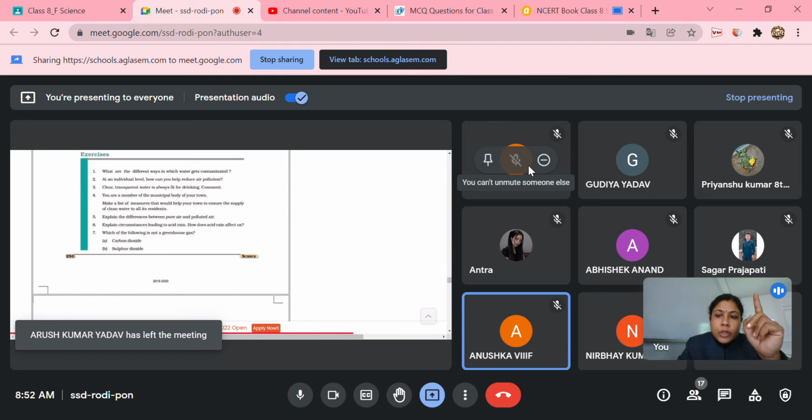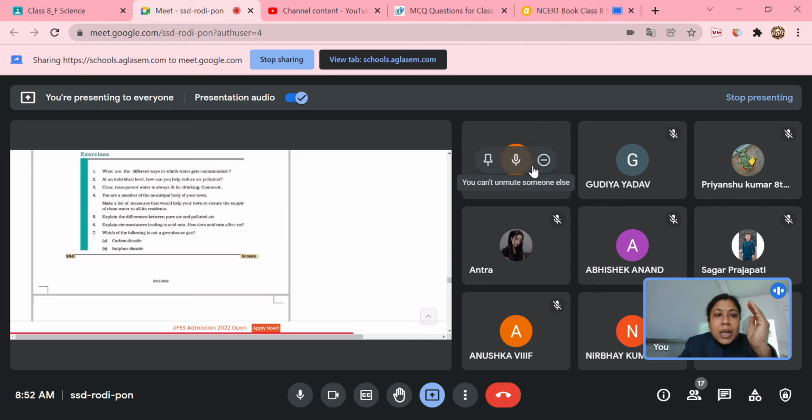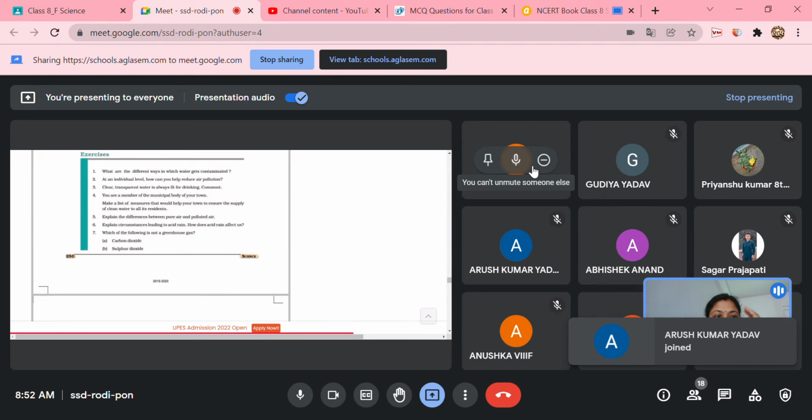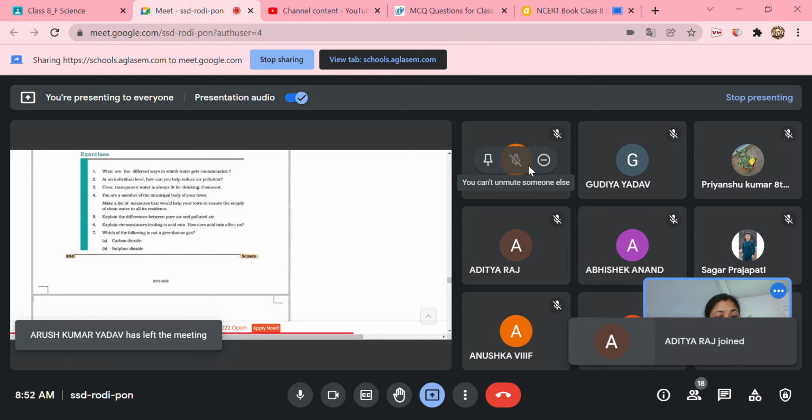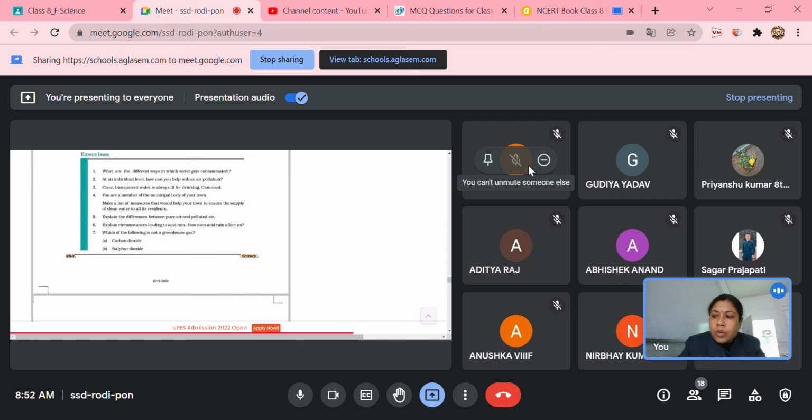One more point you should add: even if we are able to see it as transparent, it may be contaminated with microorganisms, different types of contaminants like bacteria, viruses, fungi. If we drink that water, it is looking clear, but those microscopic substances we are not able to see, and they will harm us. So we should take care of this. Okay, is this question clear? All of you can answer.